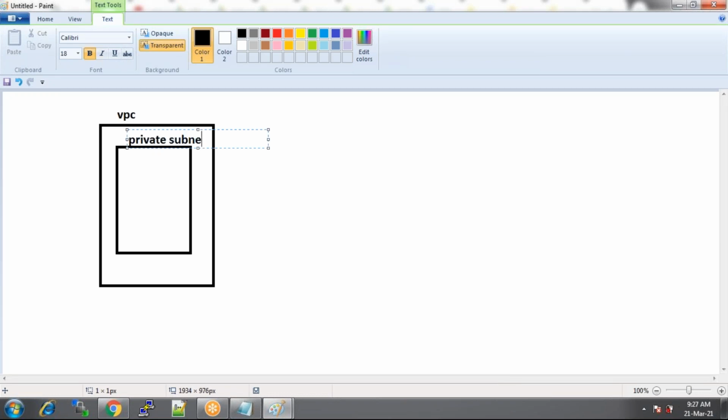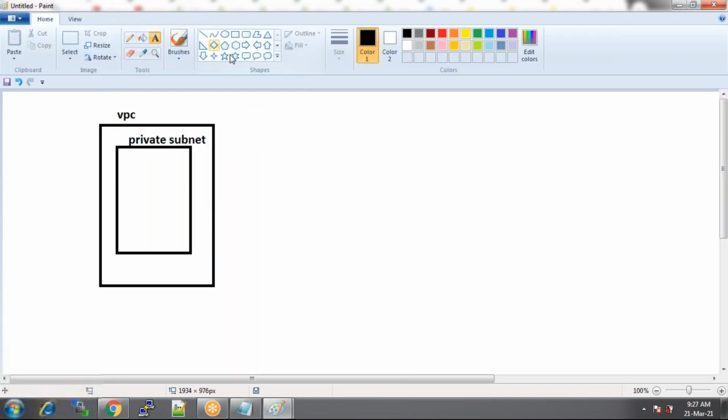Private subnet. Okay. So I have an application running in this private subnet. This is my application. Now take a first example. You are within an organization, you are an employee. As an employee, you have an employee portal. Since you are an employee, you have access to the employee portal. You can log into the portal and check your employee information. Right? That's what you can do.